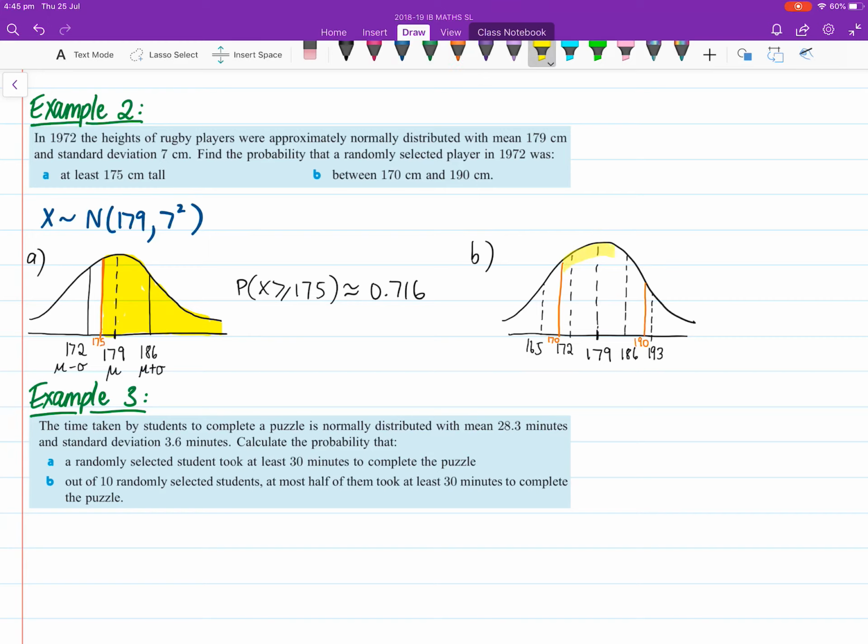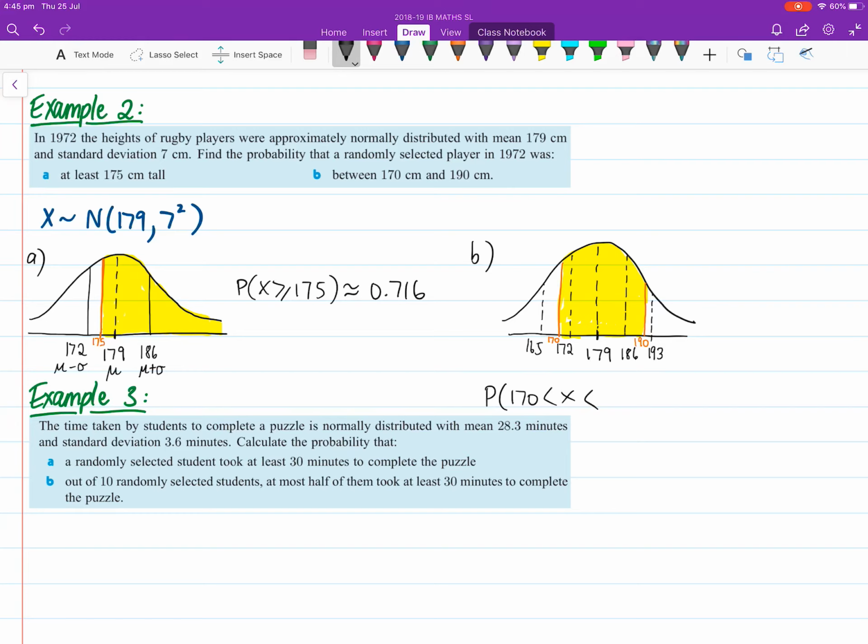Okay, so all this area here under my normal curve will give me the probability of getting a value of x that is between 170 and 190, or someone with a height between 170 centimeters and 190 centimeters. So do that in your calculator, and we should get,